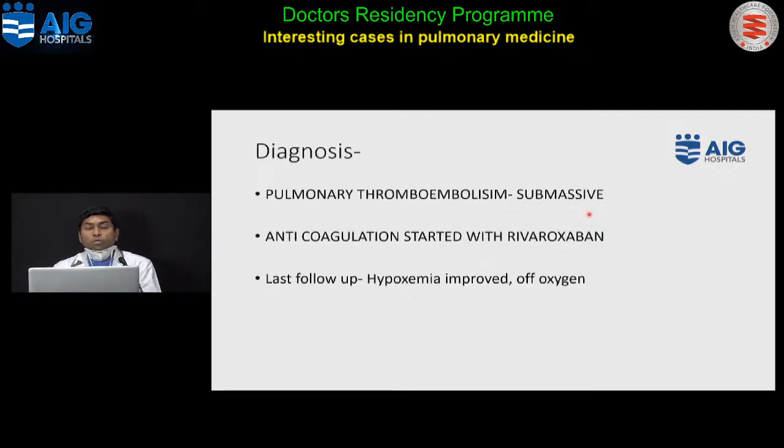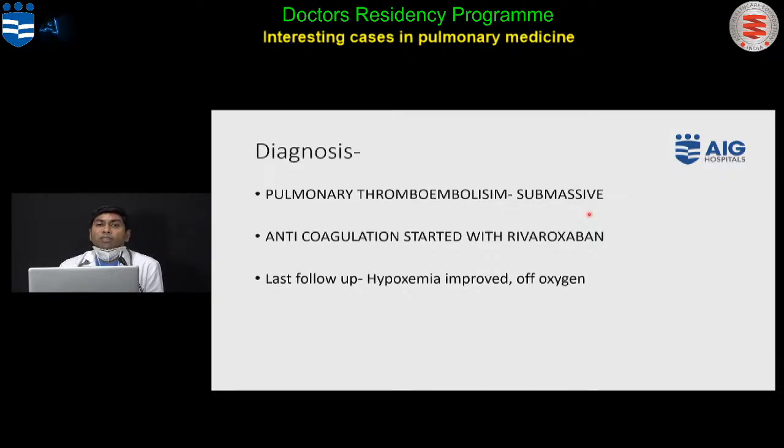One of the things to be remembered in pulmonary thromboembolism is that if a patient has a pulmonary thromboembolism which is causing a blood pressure drop to less than 90/60, it is considered a massive pulmonary thromboembolism. When a patient has a normal blood pressure, however the RA and RV are dilated, or there is an RV dysfunction or RV dyskinesia on the 2D echo, it is called a submassive pulmonary thromboembolism. There are different guidelines for treatment of these different severities of pulmonary thromboembolism.